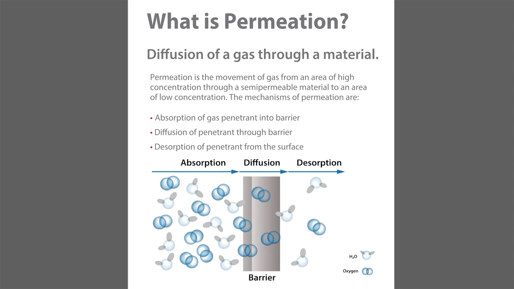What drives permeation is really a concentration gradient. Molecules don't like to be contained, so if you've got a high concentration on one side, a low concentration on the other, it's going to permeate through, or it's going to move through the material. How it moves through, we're going to talk about a little bit, but that's kind of what it is, this three-step process. One thing I like to talk about is an example of that, kind of envisioning, is a carbonated